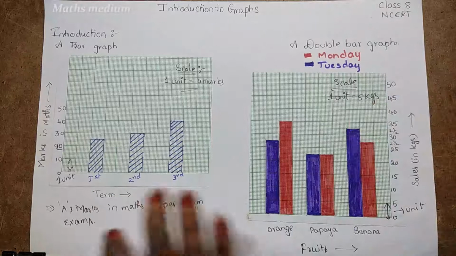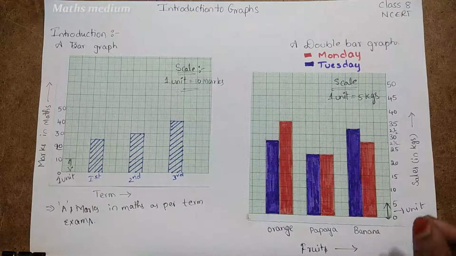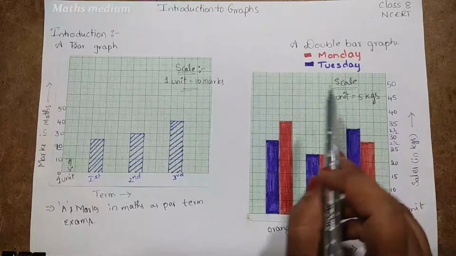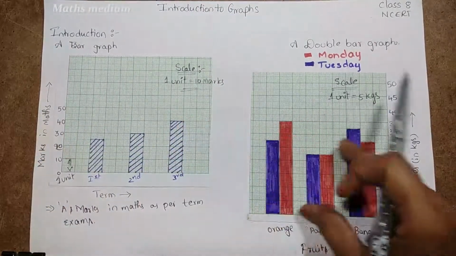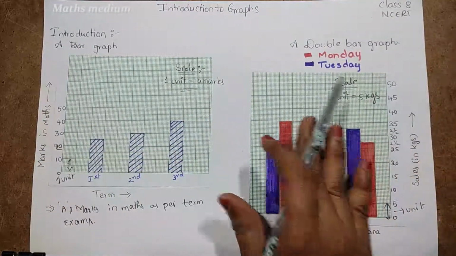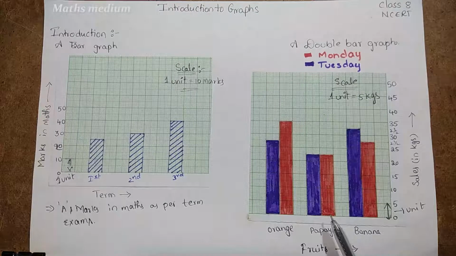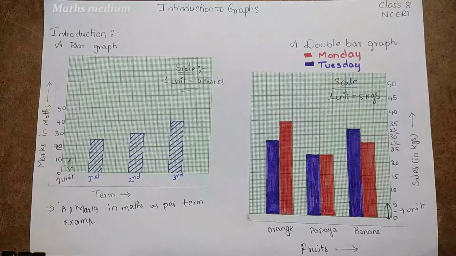In a bar graph and double bar graph we cannot take this and this; we can only take the vertical scale, that is also units. If we make the bar graph or double bar graph in horizontal form, then accordingly we take horizontal units for the scale. So this is about this session. I hope you understand the bar graph and double bar graph.